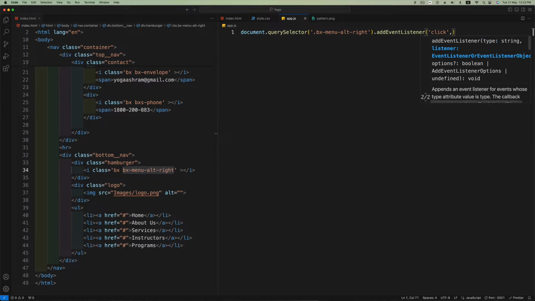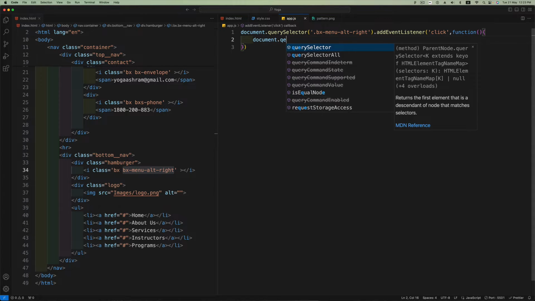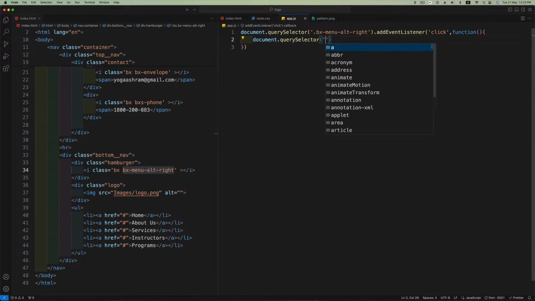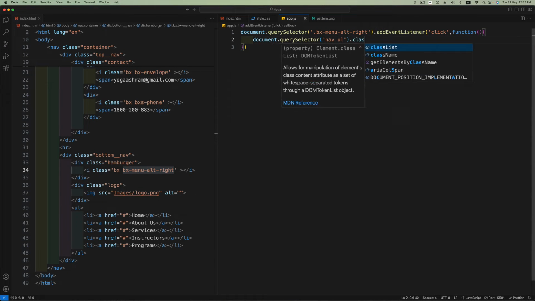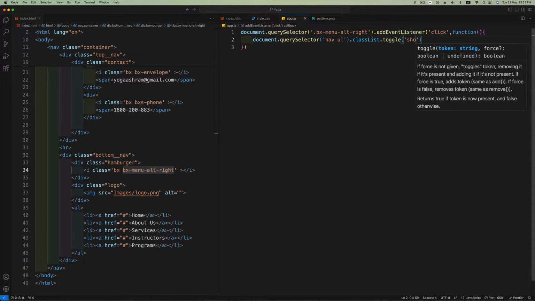And when the user clicks, I'm going to run a function, and inside this function I'm going to select the UL. So document.querySelector, I'm going to select nav UL, and then I'm going to toggle the class. So classList.toggle, show menu class,